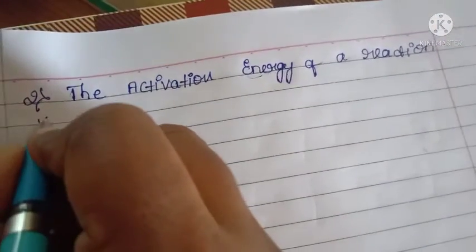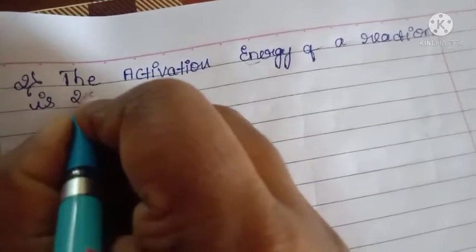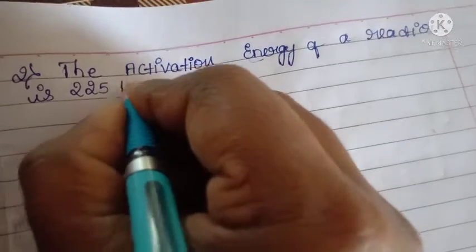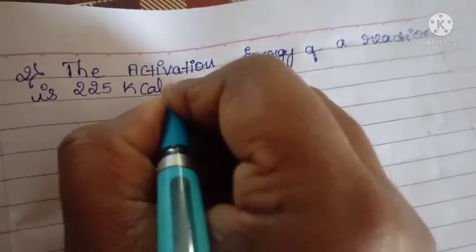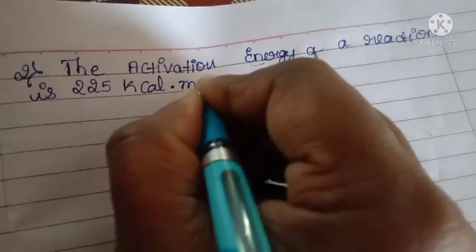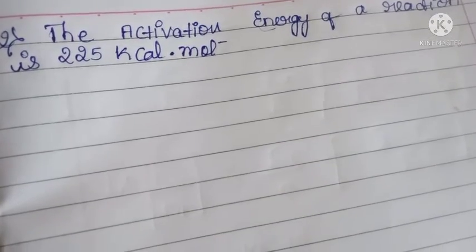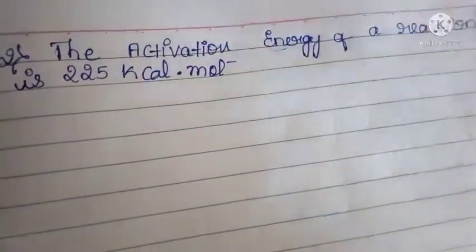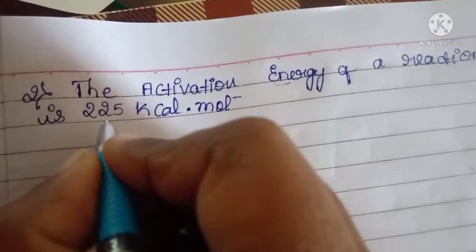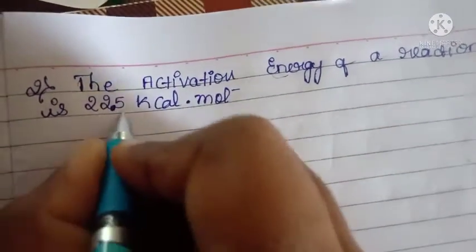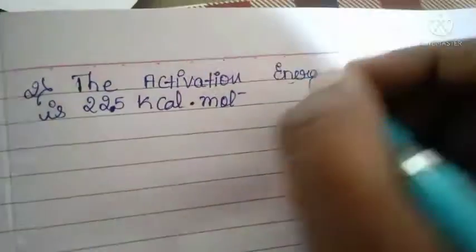The activation energy of a reaction is 22.5 kilocalorie per mole. Okay, sorry, not 225, that is 22.5 kilocalorie per mole, and